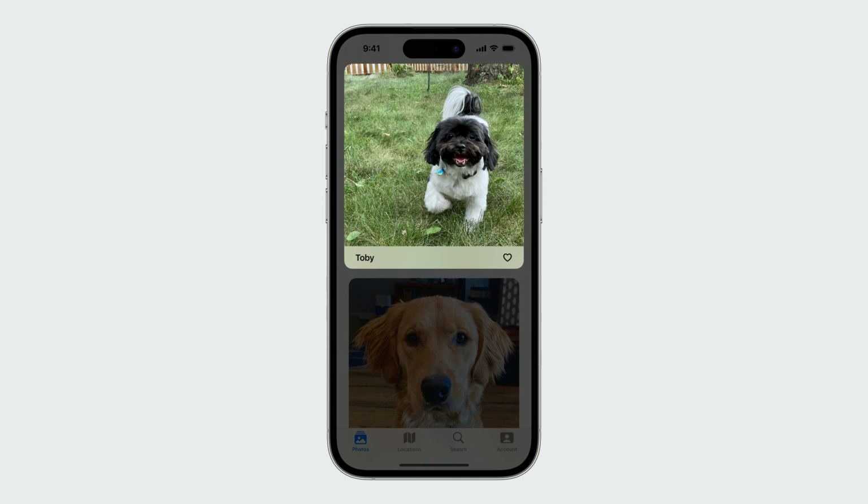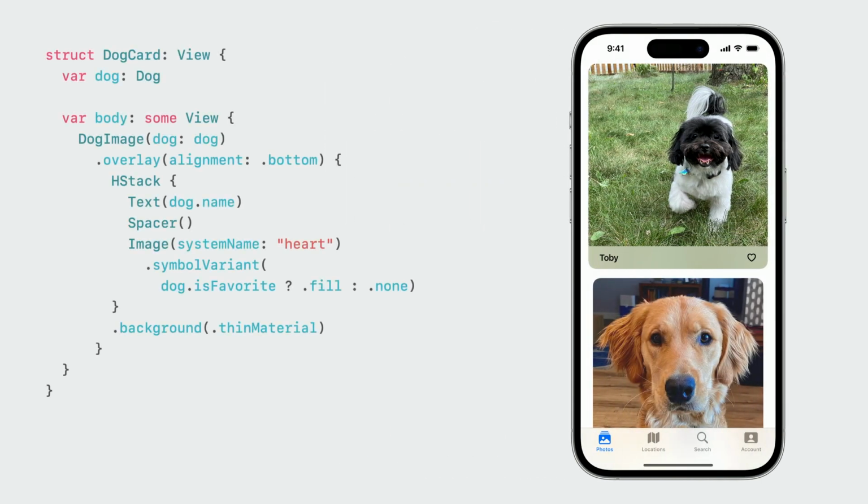Let's use my dog card view as an example. When using an observable in your view, SwiftUI will automatically establish dependencies on properties you read. There's also no need to use a property wrapper when reading, so your view code is cleaner. This view is reading the isFavorite property, so when that changes, it will get reevaluated. And validation only happens for properties which are read, so you can pass your model through intermediate views without triggering